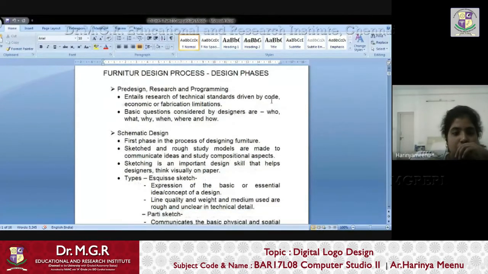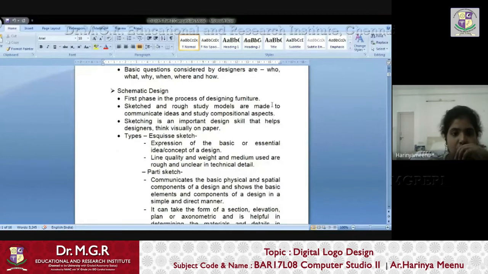Coming to the schematic diagram, the first phase is the process of designing furniture. Sketches and rough design study models are made to communicate ideas and study compositional aspects. Sketching is an important design skill that helps designers think visually on paper. So you start sketching, expressing the basic essential idea and concept of the design.